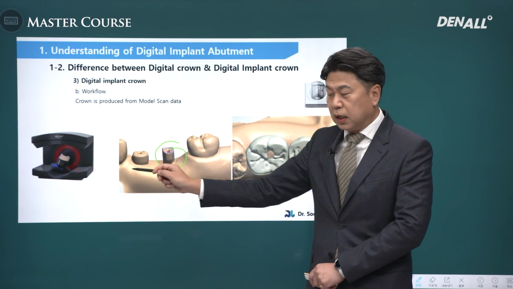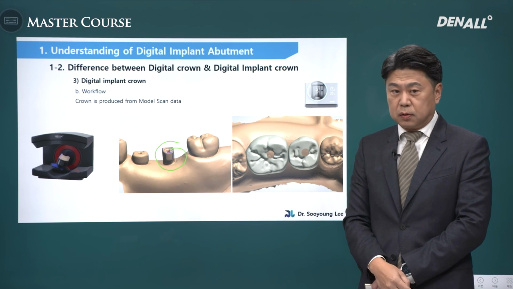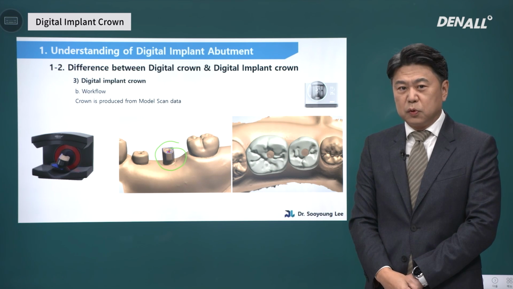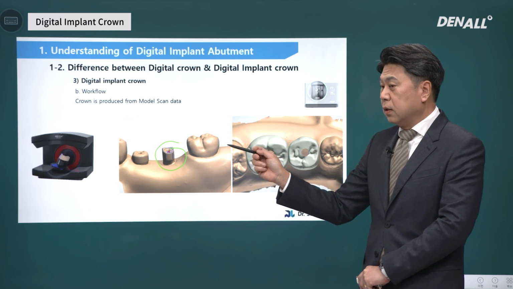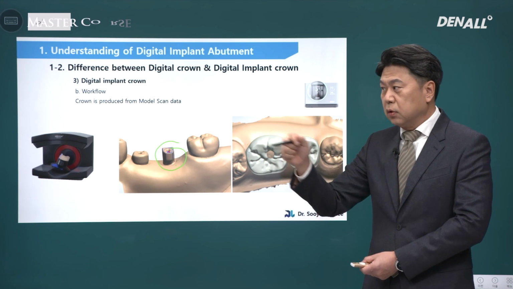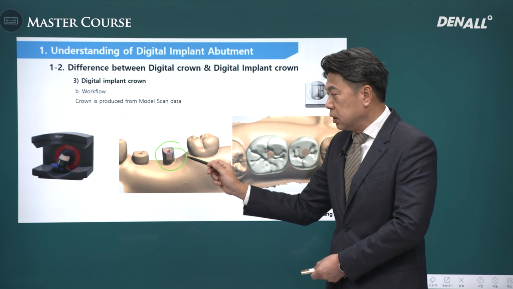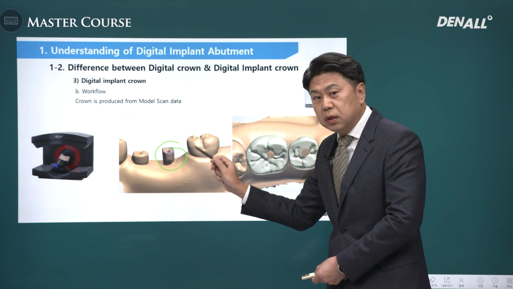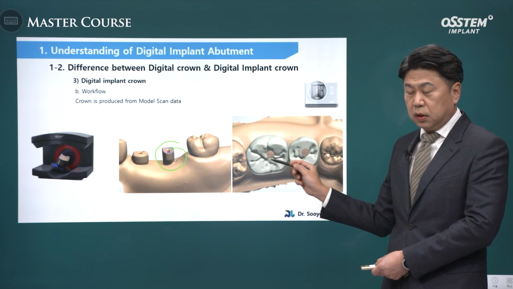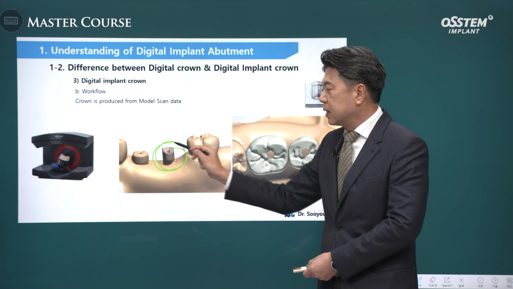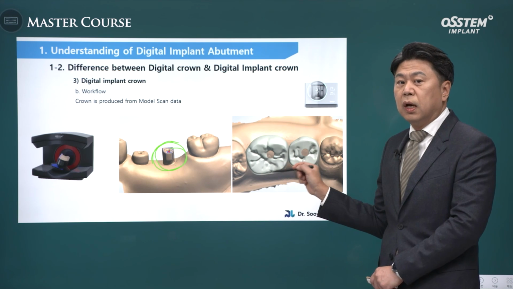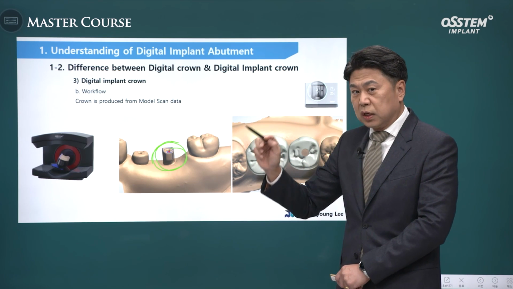Why do we need to use a model scanner? As there is no light reflection, an intraoral scanner would be good enough, but many people do not have an intraoral scanner yet. So when you don't have an intraoral scanner, rather than taking an impression and scanning an abutment, a scan body should be connected and an impression should be taken and scanned to fabricate a custom abutment. Custom abutments are fabricated using a medium called scan body. To fabricate custom abutments and crowns at the same time,